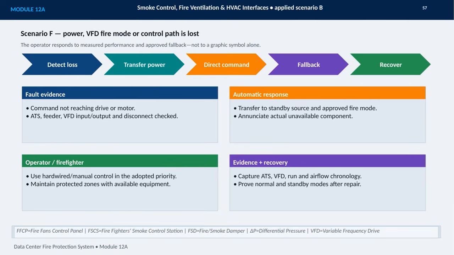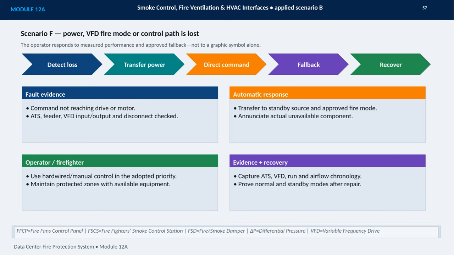The central principle is that the operator responds to measured performance and an approved fallback strategy, not to a graphic symbol alone. The sequence is detect, transfer, direct, fall back, and recover. First, establish the fault evidence. Confirm whether the command is failing to reach the drive or motor, and check the ATS, feeder, VFD input and